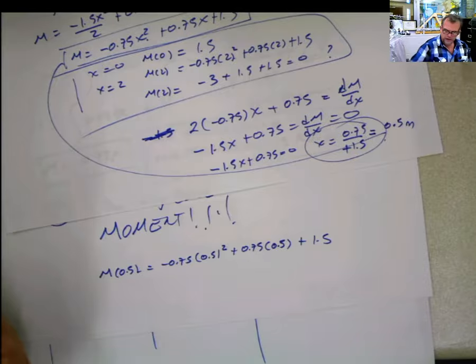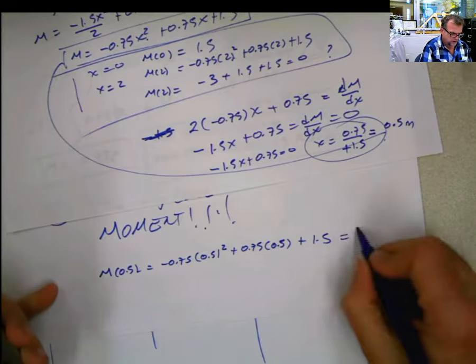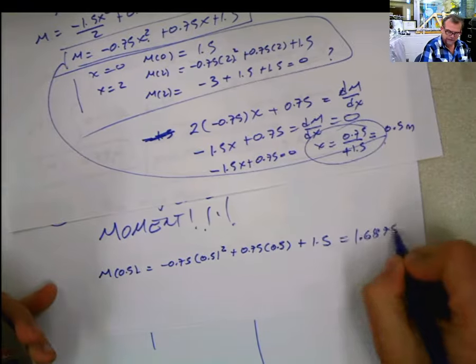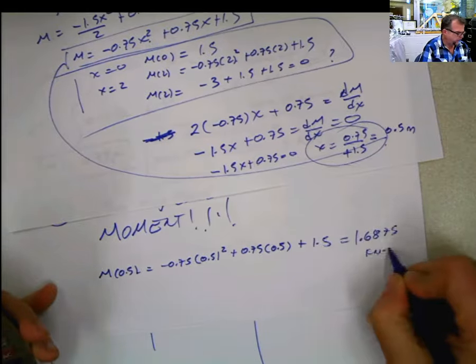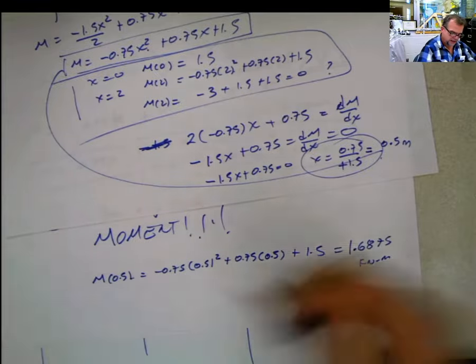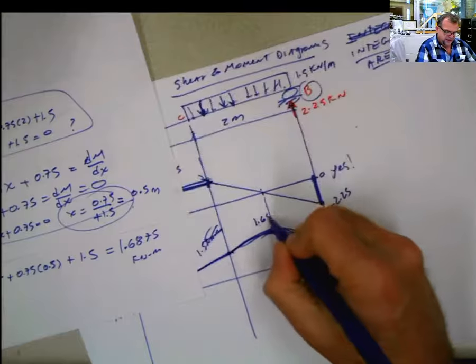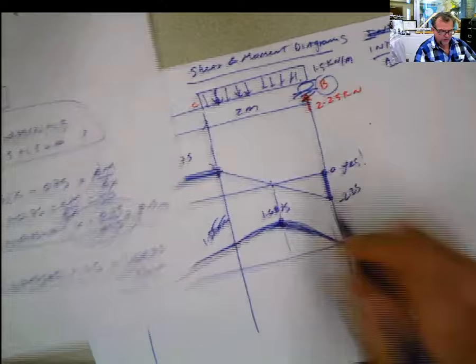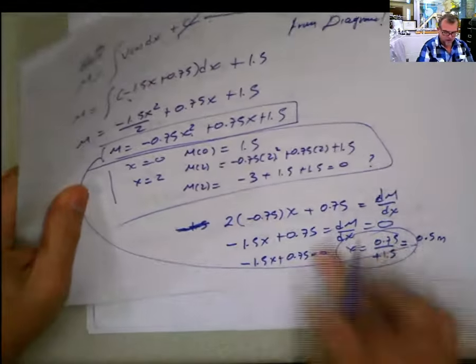That value is 1.6875 kilonewton meter. That value is 1.6875. Let me see if I'm not mistaken. 1.6875. Now, my question for you is, why do I have to do all this process in order to find